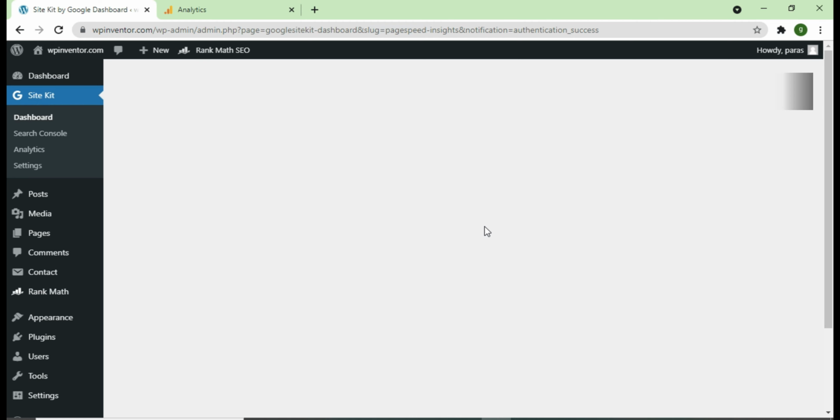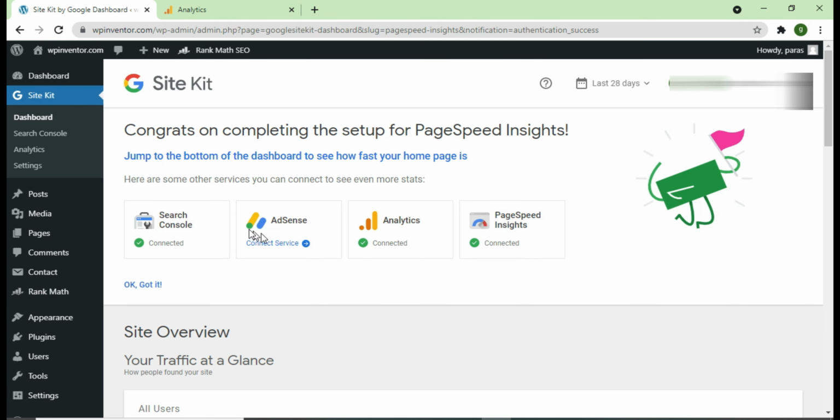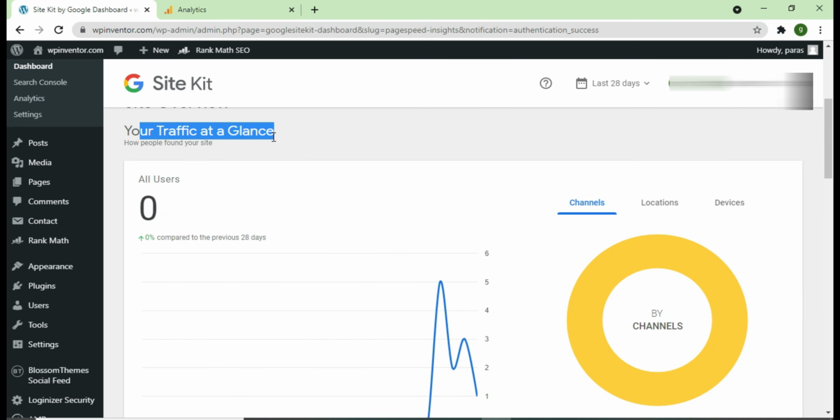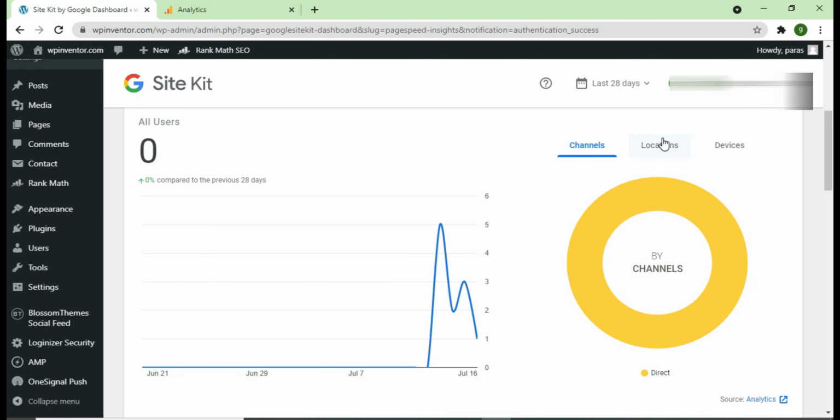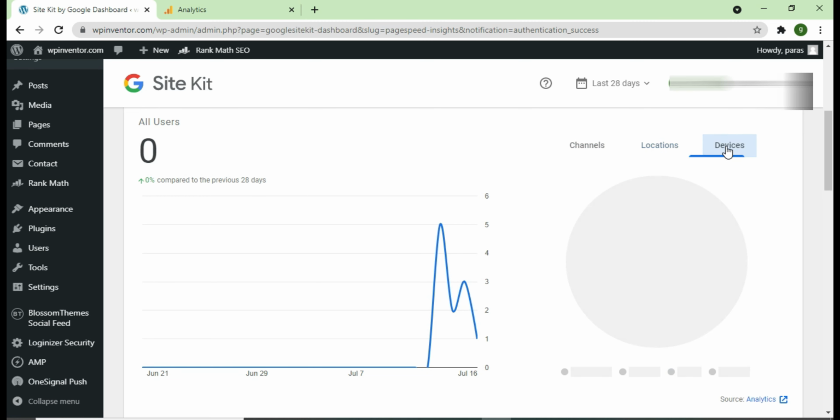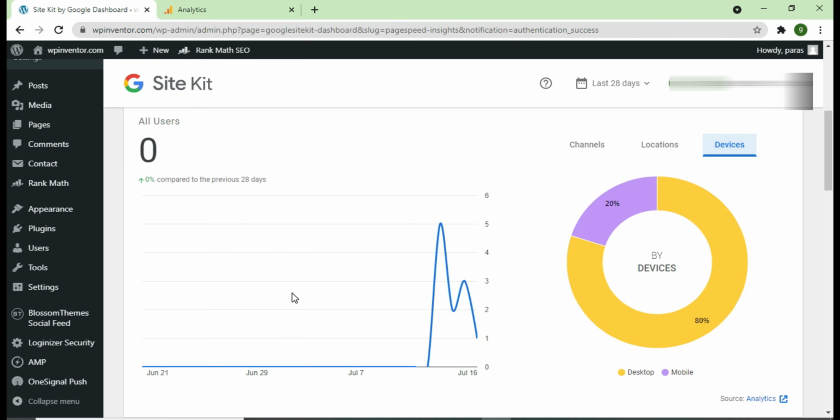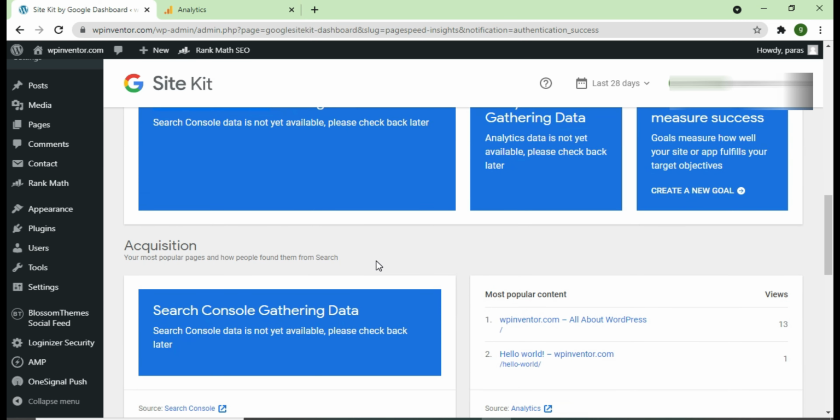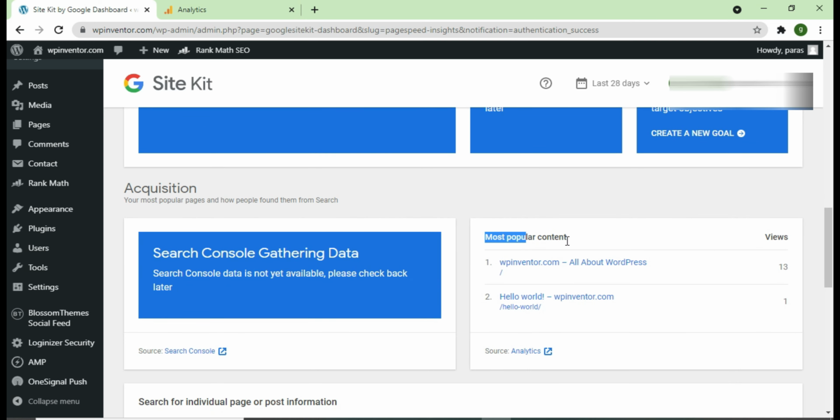Yes, if you have an AdSense account you can simply connect it from here, but today we don't have one, so we leave this. So here is your traffic at a glance. So here are all the metrics, your location, devices, and all the data here. And after some time Google Search Console will also share its data with this Google Site Kit. And here is some most popular content,